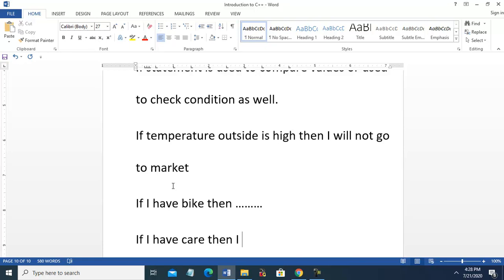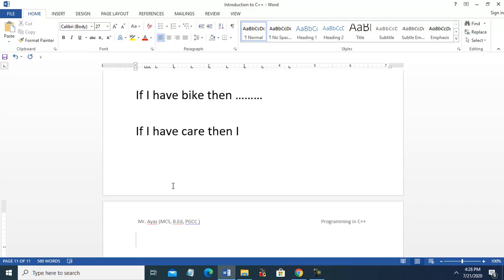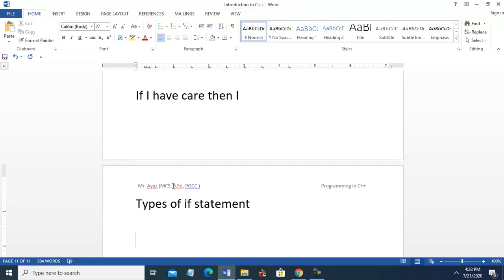Now we will discuss the types of if statement. Number one, the one-way if statement, or selection statement.